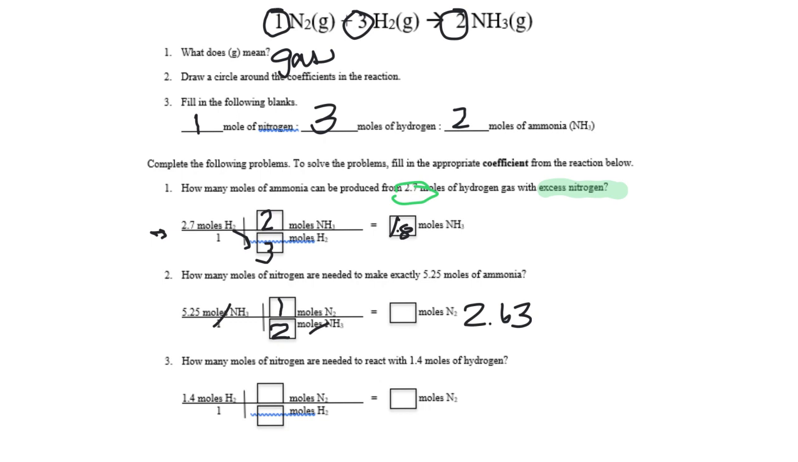Third example, how many moles of nitrogen are needed to react with 1.4 moles of hydrogen? Take the number and unit, put it here, put it over 1, draw my train track. Moles of hydrogen comes down, moles of nitrogen is where I want to go. Then how I know what numbers to put, I look up in my balanced reaction. So the number next to hydrogen is a 3. The number next to nitrogen is a 1. So now all I have to do is the math, cancel my units, and I am going to get 0.47